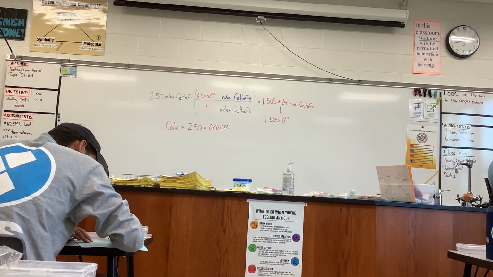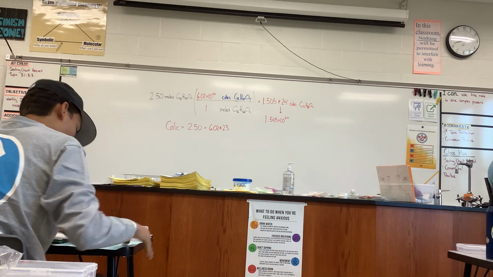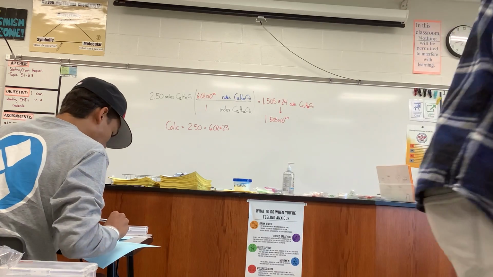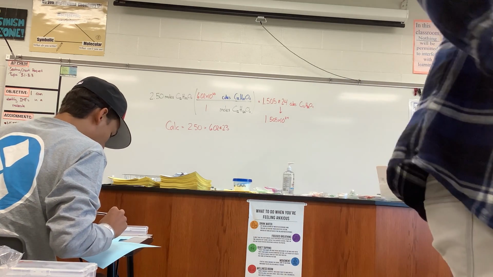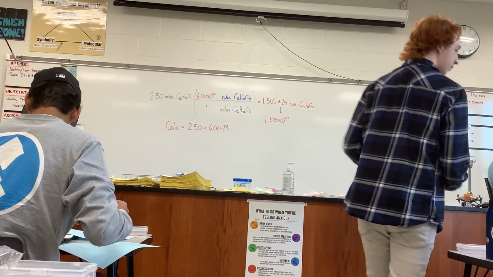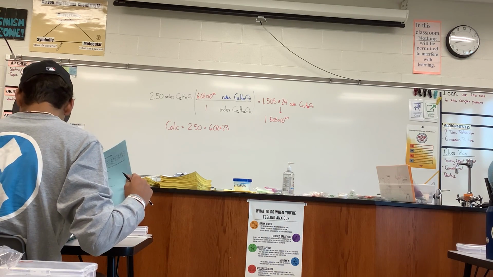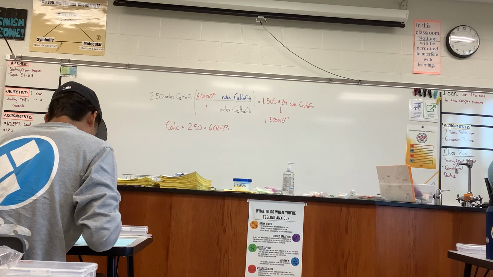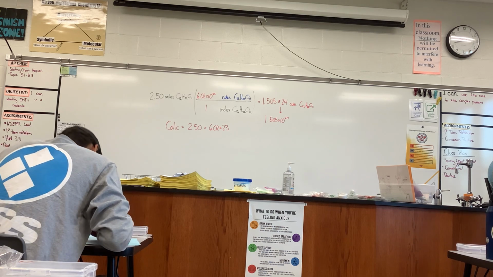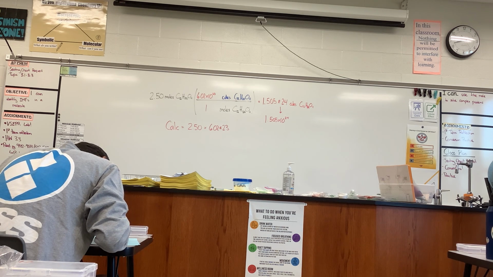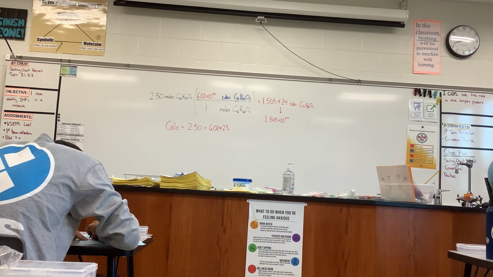What we want is times 10 to the 23rd. Oh, no, that's right. I'm wrong. Equals 6.02 times 10 to the 23rd. And however you put it in your calculator,